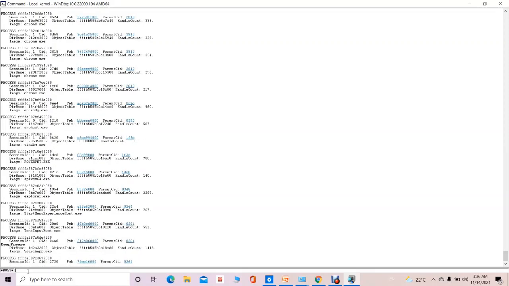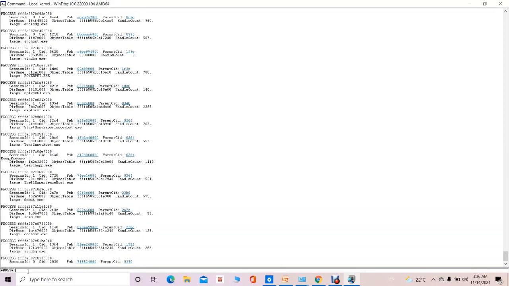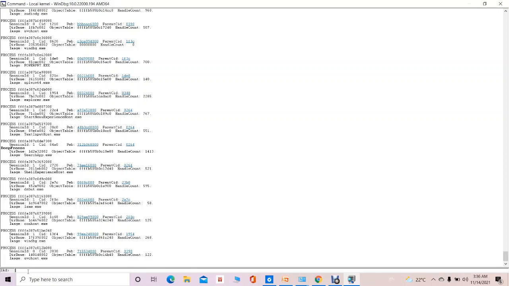So it's taking some time because there are many processes. It's giving the listing of all the processes as running. So now it has stopped. Let's say we take one example of this particular process. We have the name, the title as process, and after that we have the virtual address of the e-process structure for that running process.